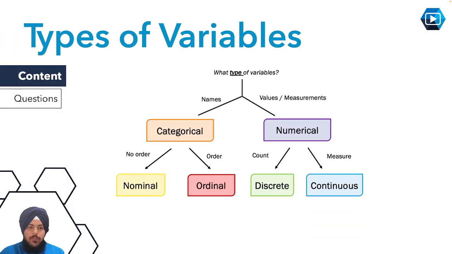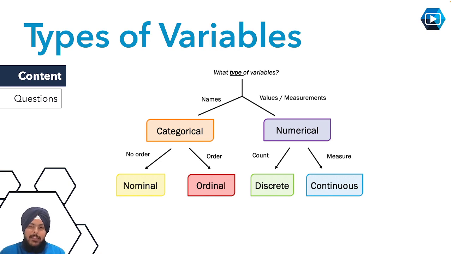So we'll get started with the different types of variables. When we're describing data, there can be multiple variables that we might collect. Those variables can either be categorical or numerical. Categorical variables usually represent qualitative data, such as names and categories, whereas numerical variables usually represent values, measurements, and mostly quantitative data. Categorical data can further be split into nominal and ordinal variables, where nominal variables do not have an